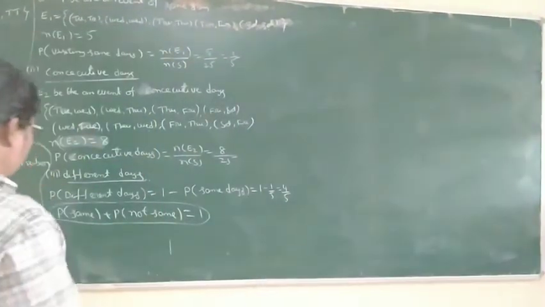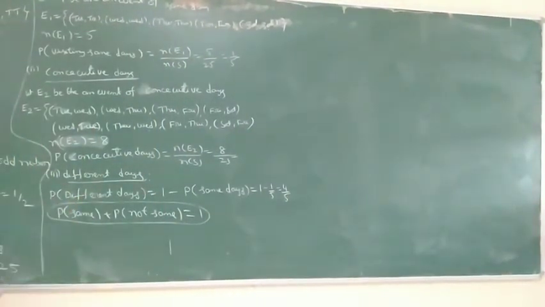Okay, clear? Probability of different days is equal to 1 minus probability of same days. Probability of same days is equal to 1 minus probability of different days. Okay, clear? Next,